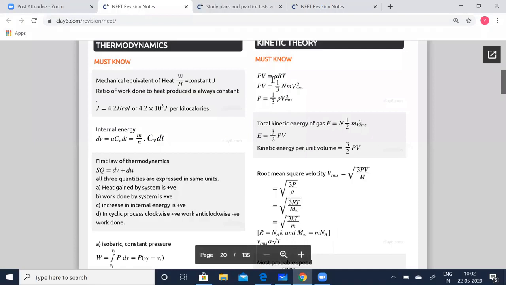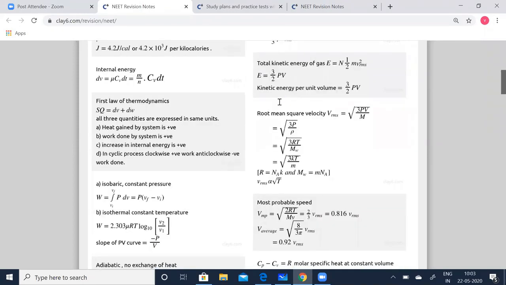So you will have to look into the data, analyze the question properly. According to the data given, you'll have to apply the formula. You have three formulae. So look into what is being given. If it is related to temperature, you can apply the first formula. If it is something related to RMS velocity and number of molecules, then you can go with the second formula. And if it is the density and RMS velocity, you can go with the third formula. So quickly access what is being given, analyze yourself, then apply the formula.